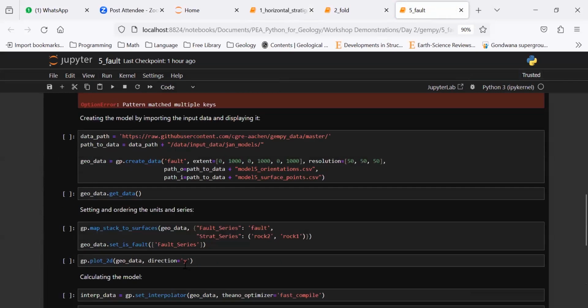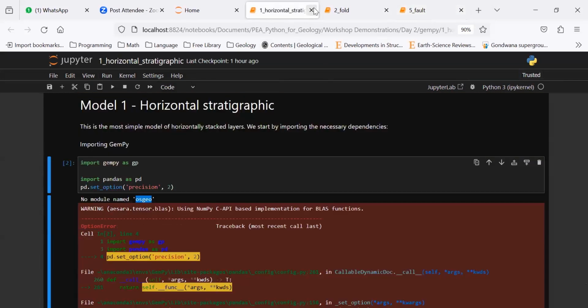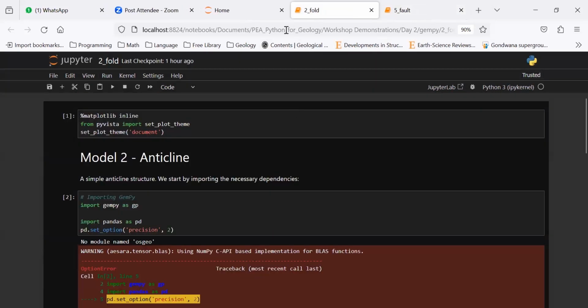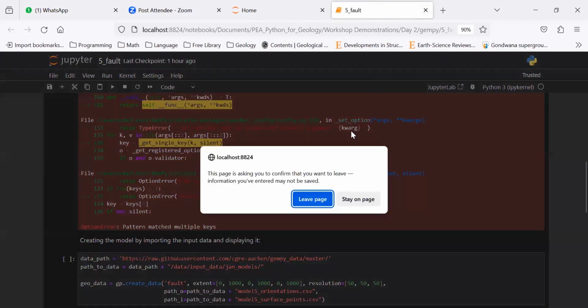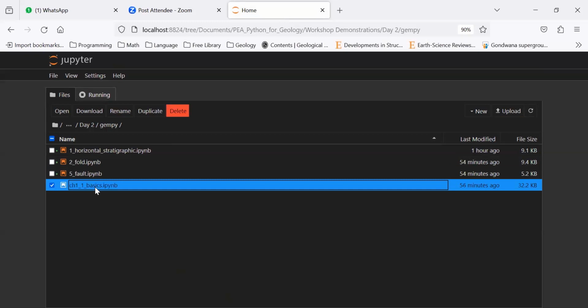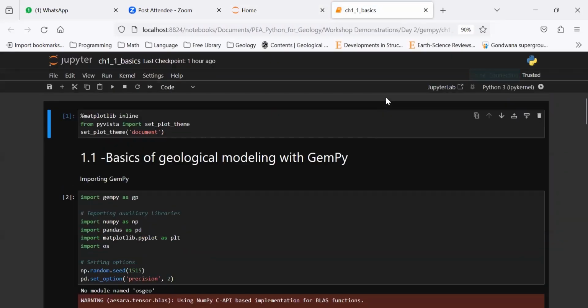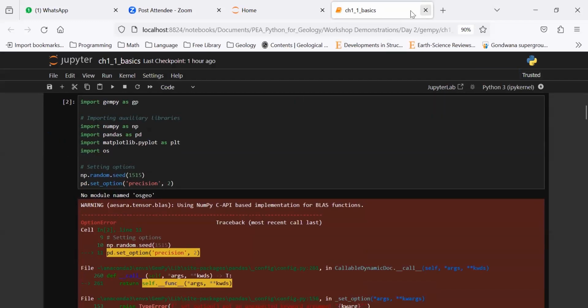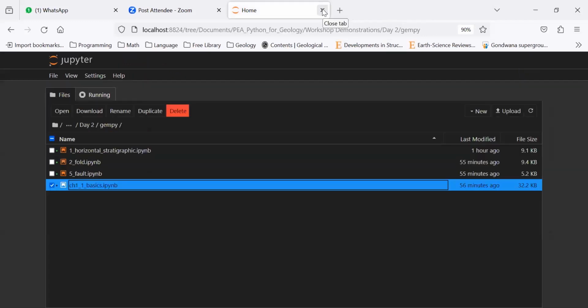So unfortunately, I couldn't show you this, but hopefully I've shown you enough 3D that there are alternatives to do exactly that, which is why I showed you PyGMT. Originally, I had no plans of showing you PyGMT today, but since I was getting into this trouble, I thought I might as well show it. So yes, you can do those kinds of things. That is essentially all I have for